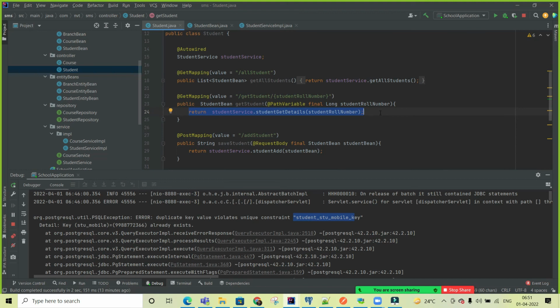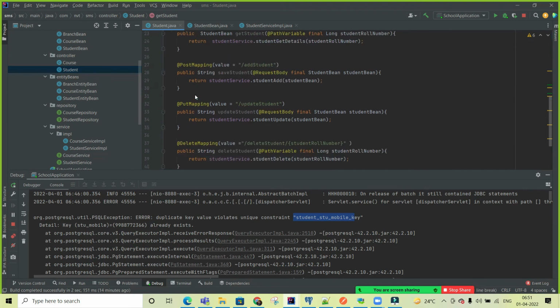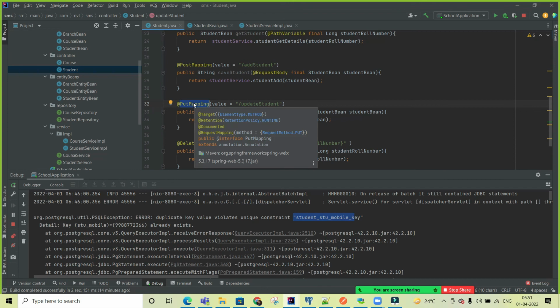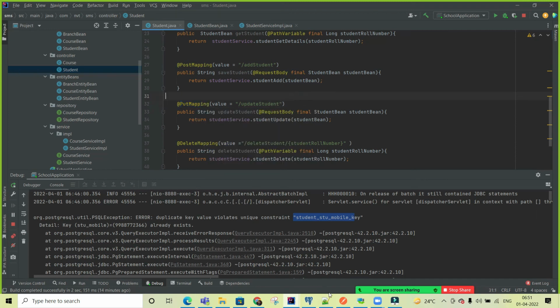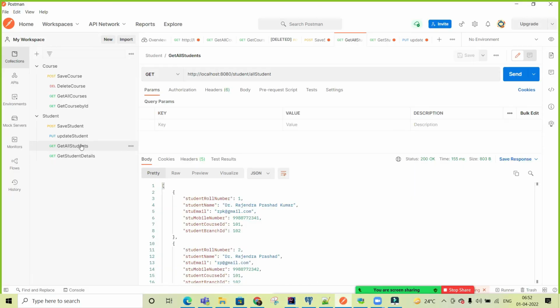That is the business logic, whatever you are implementing. Business logic should be up to that mark. If I'm using the get mapping, then data should be fetched. If I'm using put, then data should be updated. If I'm using delete, then data should be deleted. But if the user does an exception here, the program never stops whatever the developer does. So I think you will be good on that part. Let me call the delete method and add some more.